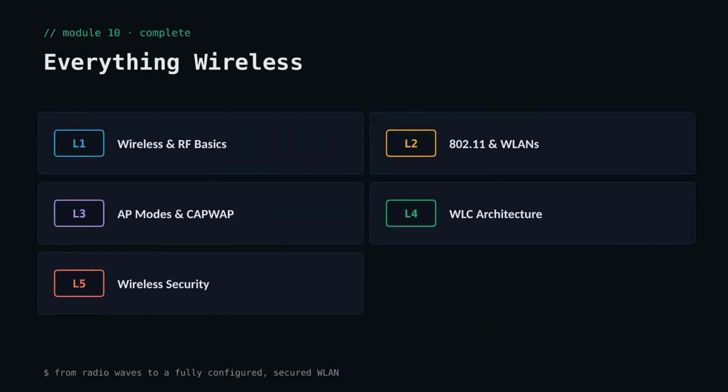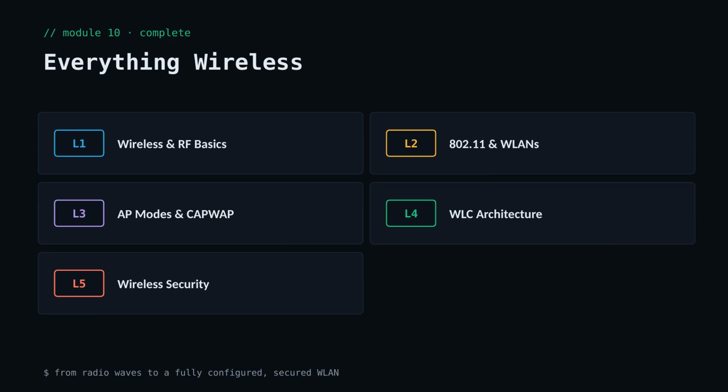And with that, Module 10 is officially in the books. Look at the ground we've covered, from the physics of RF and the 802.11 standards, through AP modes and CAPWAP tunnels, into the WLC architecture itself, and finally, landing on wireless security. That's the full arc. Raw radio waves on one end, a fully configured and secured WLAN on the other. Every lesson built on the last, and now you've got the complete mental model the CCNA expects you to carry